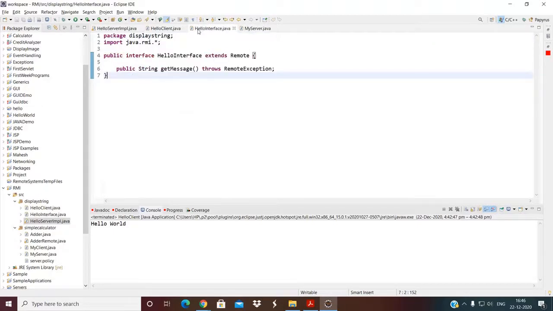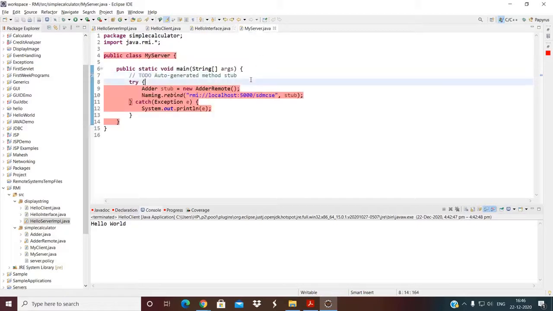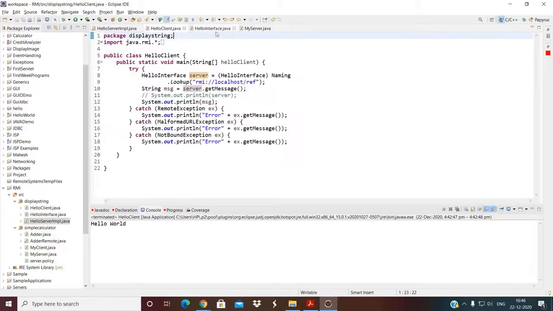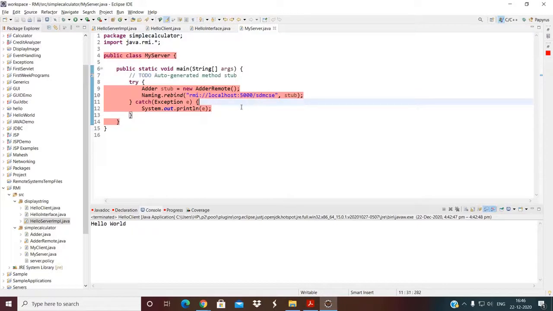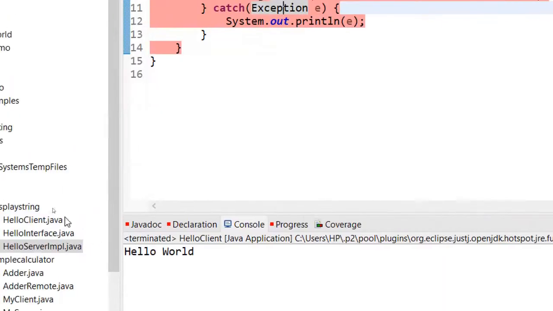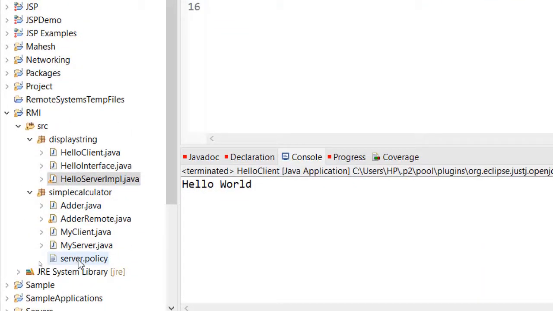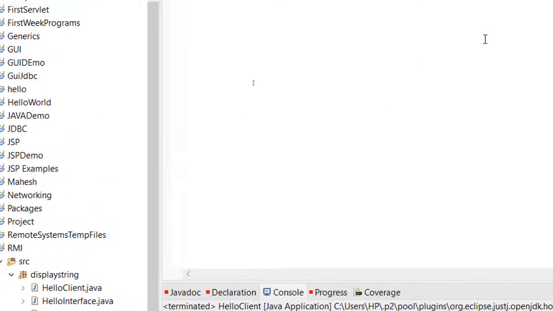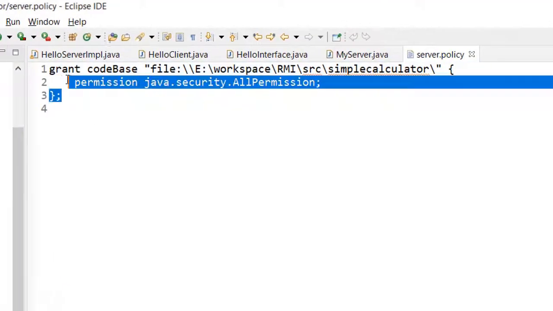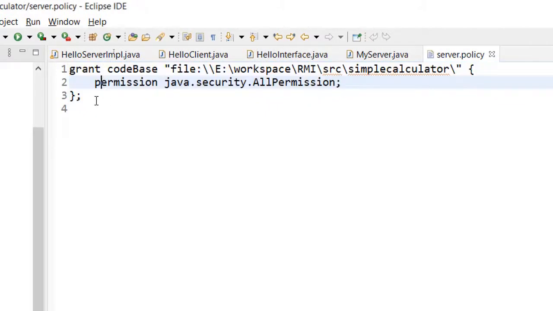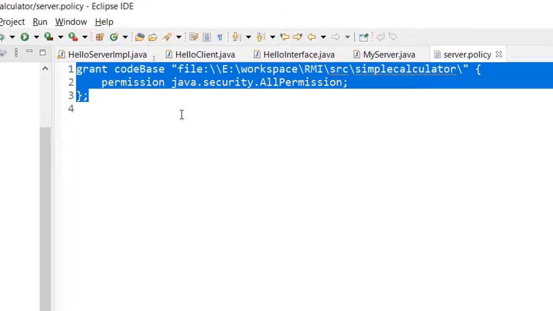Also run your RMI registry on the server only, don't run it on the client, okay? That is also one more thing. And one more aspect is that you need to write something called server policies or security policies. You can see one file I have written over here, server.policy. You need to write a policy like this, and during running you need to type -Djava.rmi.server.codebase and the permissions equal to this permission, okay? You will find those things on the internet.